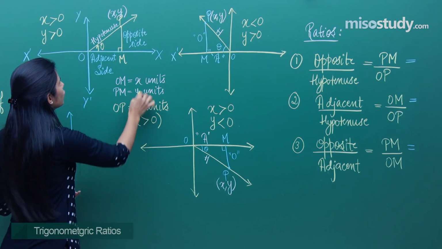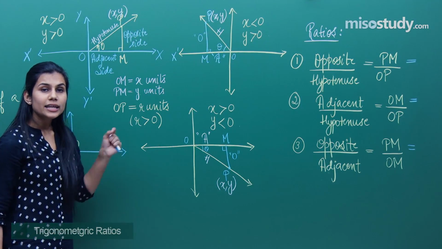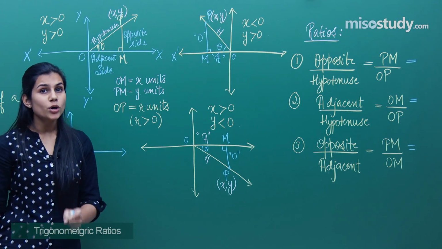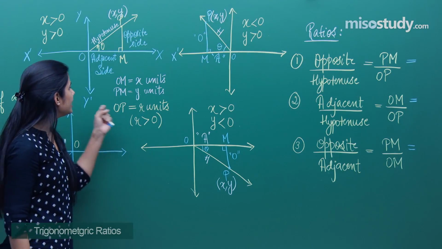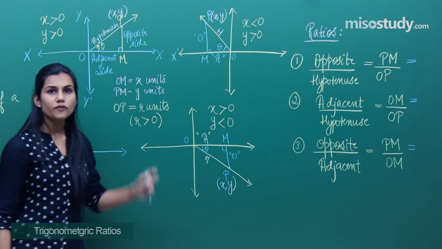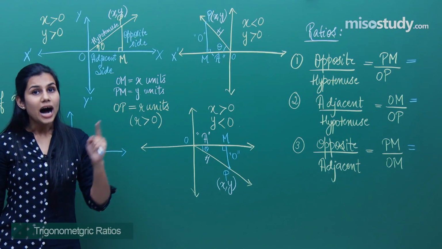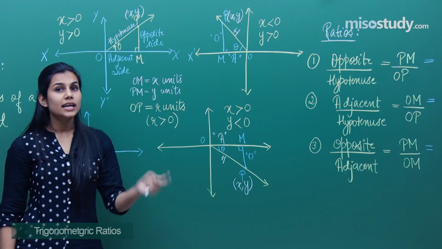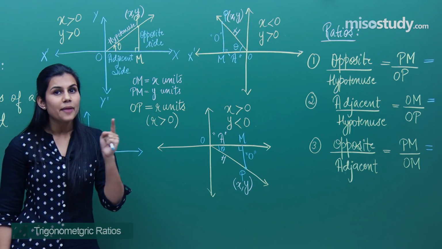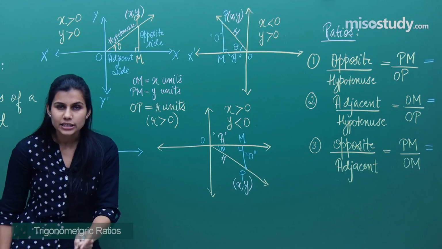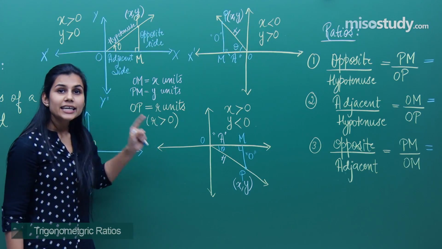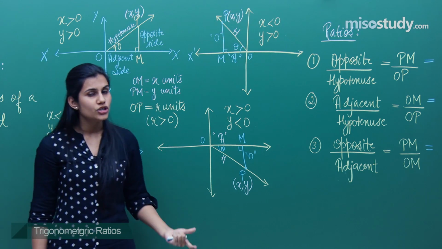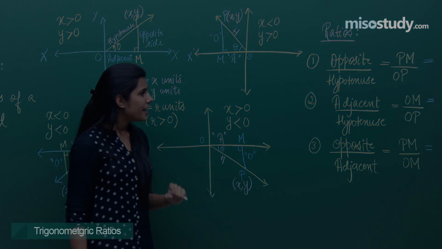But if you talk about X and Y, which are the lengths of the opposite and the adjacent sides, they can be positive or negative depending upon in which quadrant the triangle of reference is lying. But the hypotenuse can never ever be negative. It is the length of the adjacent side and the opposite side which can be negative depending upon the adjacent and the opposite side of the triangle of reference lying in whichever quadrant. And therefore, if I